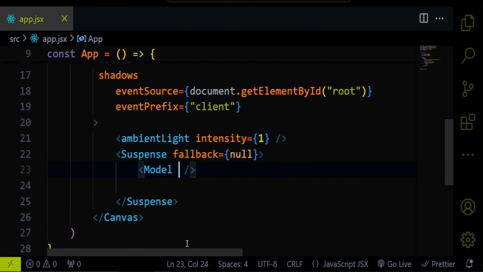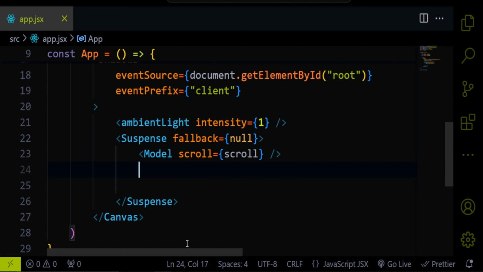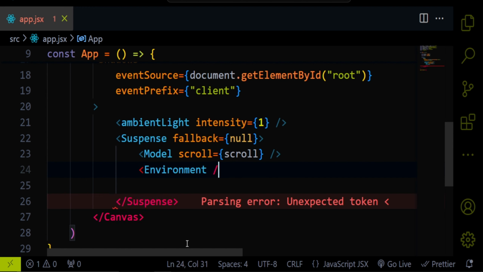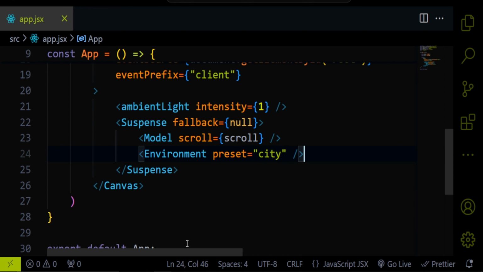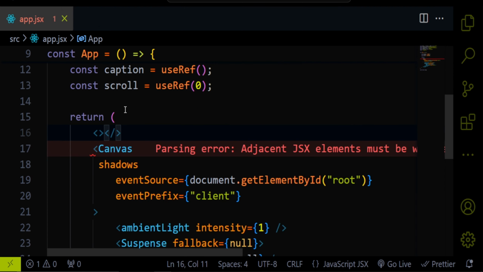Okay, especially render the Model, by the way. Provide scroll equal scroll, and after that provide Environment. Okay, and provide the preset of environment, which will be city. Yes. Okay,